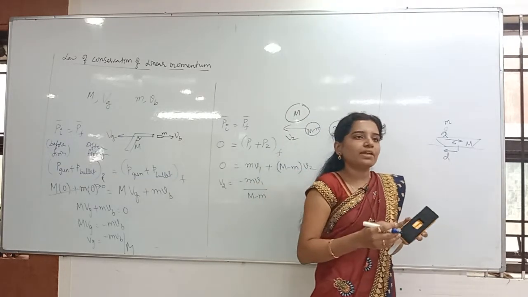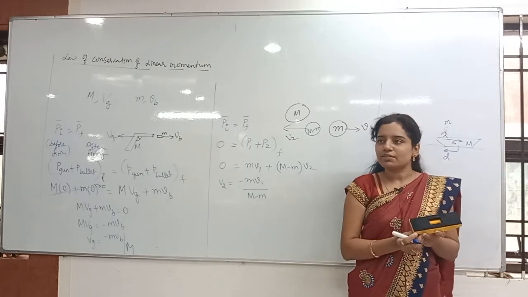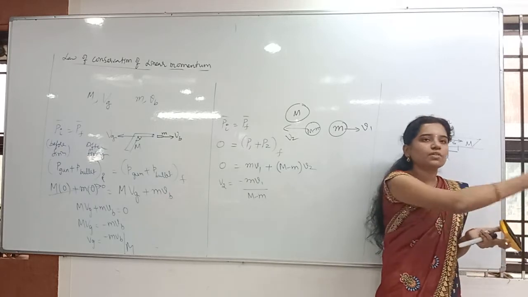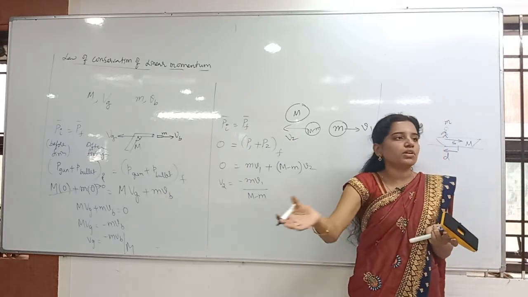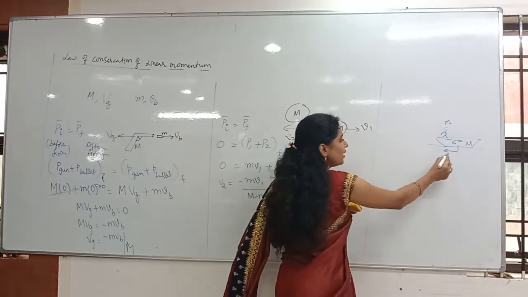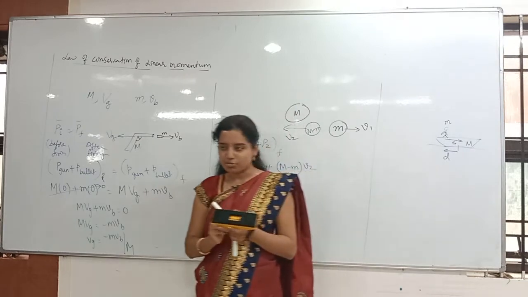Of course, the man will move a larger distance and the boat will move only a little bit, because the boat is heavier than the man. If the man walks a distance of 10 meters, the boat will move only 1 meter like that. You understand, right? So you have to find out this distance. Can you find that out? Write the problem.